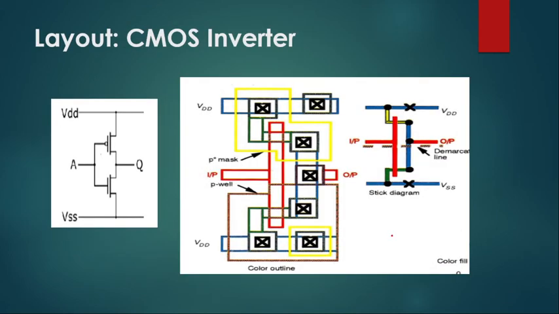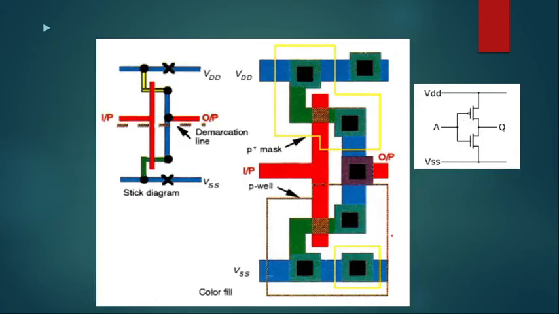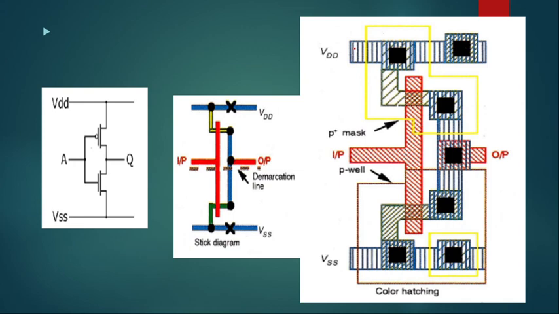Similarly, I have told you, if you have enough time, how you can make the layout, either by making all color coded. This is known as color filled layout. Color filled layout means what? You have filled the colors, and now you will observe the colors you are using here is the same, and here they are showing the layout for that symbol for P type, in which green outlined with yellow color. And here is the layout of CMOS inverter, which I have shown you in the paint window, all the aligned lines.